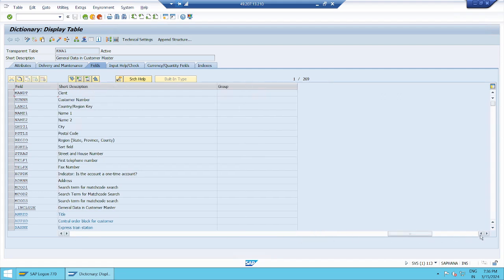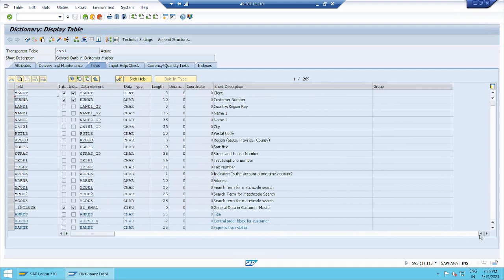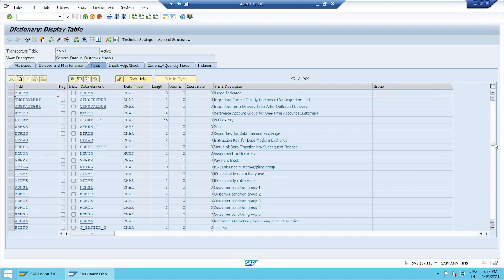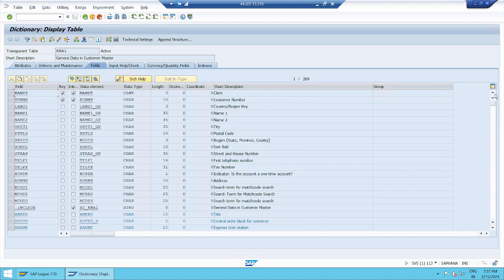Otherwise, this approach: left or right. This is horizontal scrolling, the normal Windows convention. This is vertical scrolling. You can scroll wherever you want through the mouse. Otherwise, you want to go